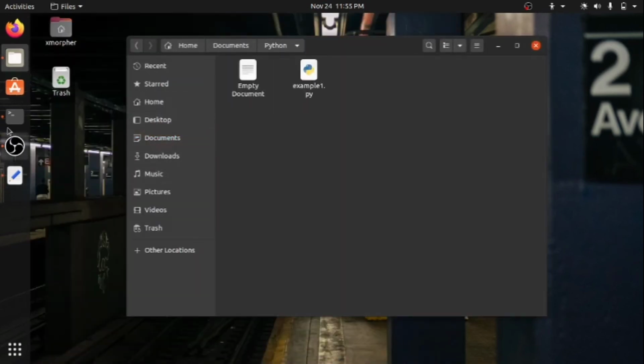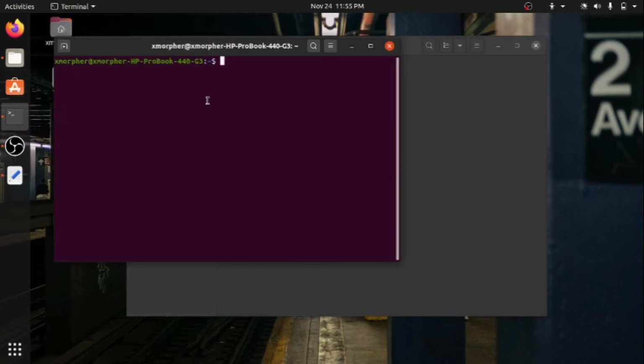Now I will type here cd, which stands for change directory, and make sure to have the correct names including the capital letter of whatever you have written. There won't be any spaces here. Now enter. Now you can see we are in our directory.